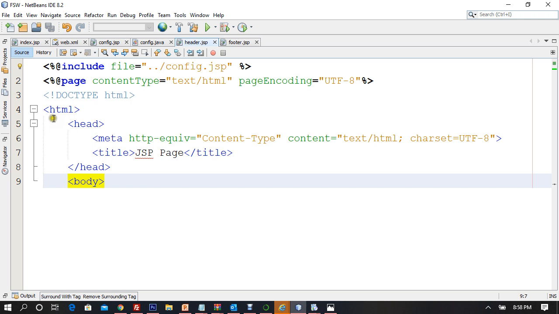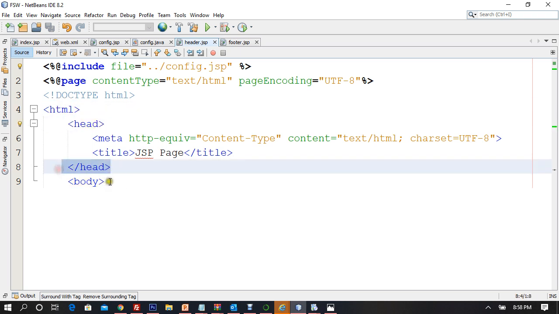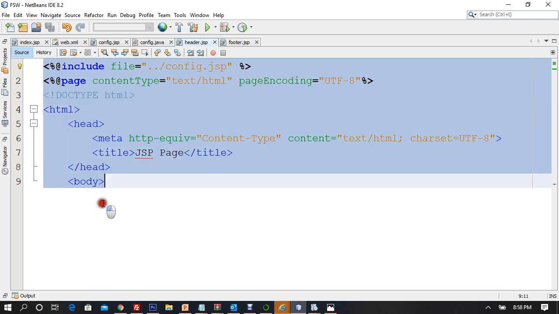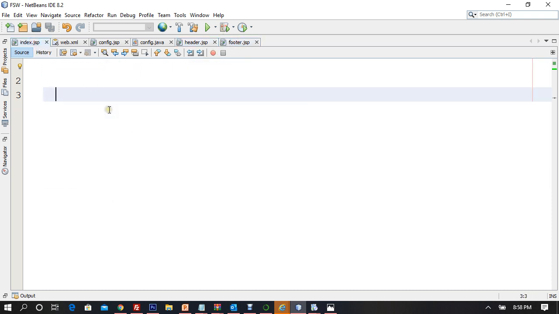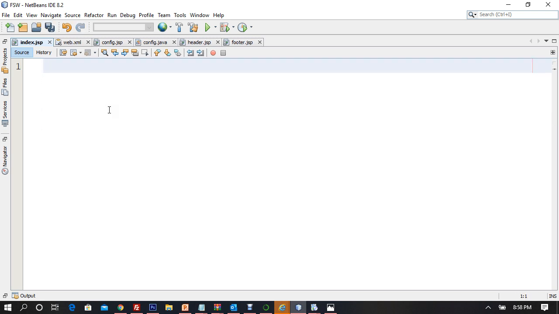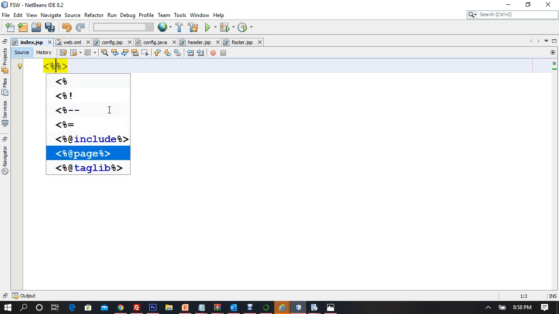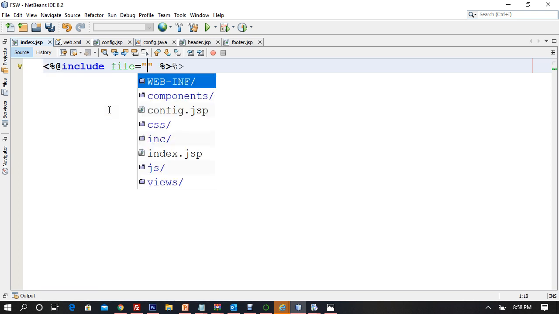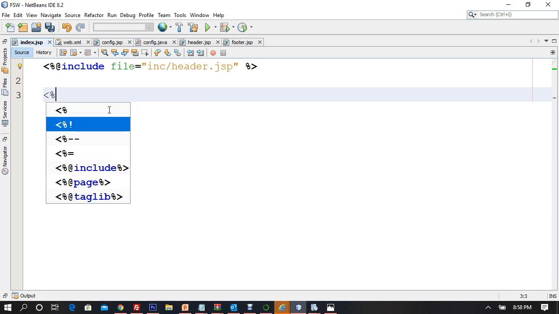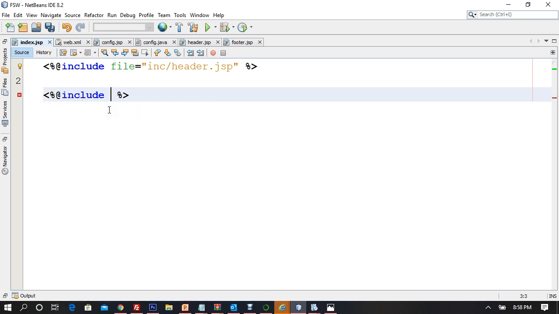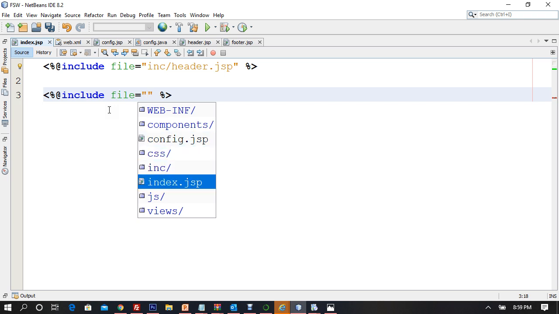Header will only contain HTML head and body. So this is the header which is going to be used, and this is the footer which we are going to use. Now we'll go to index.jsp, and what we do in index.jsp, open directives. I'll say include directive. I want to go to inc and use header.jsp, right? And after I use header.jsp, I want to include and use that file,